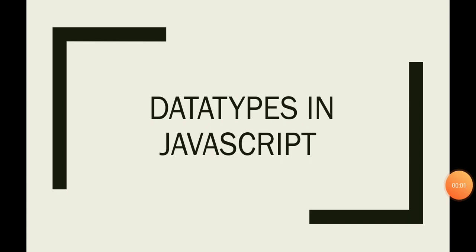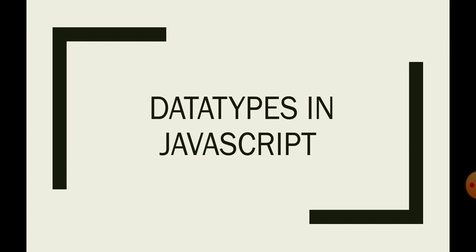In this lecture, we will see data types in JavaScript and built-in functions. What is data type? Data type is a type of data. When a user stores information, it can be alphabets, numbers, or alphanumeric values. So, for storing different types of values, different data types are used. JavaScript provides different data types.